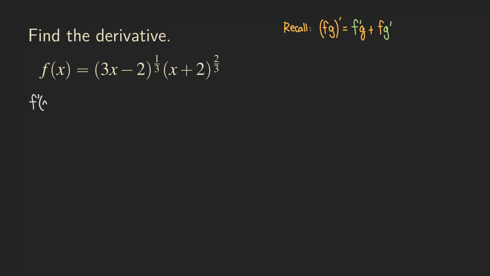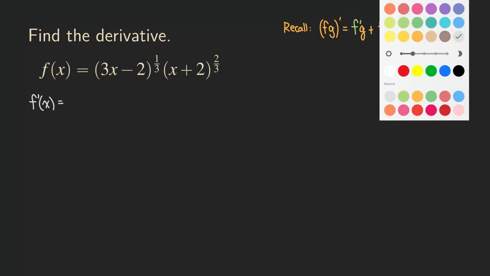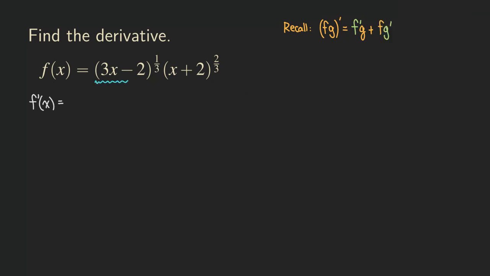So we have f prime of x. Okay, so you can see that this is the first function and this one is the second one, right? So let me just highlight that. I think that will be easier. So this is the first function, and the other one is this. This one is the second function, as you can see here. So what we are going to do is take the derivative of this, and then we are just going to copy the second function. Okay, so if we take the derivative of this function, we are going to be getting